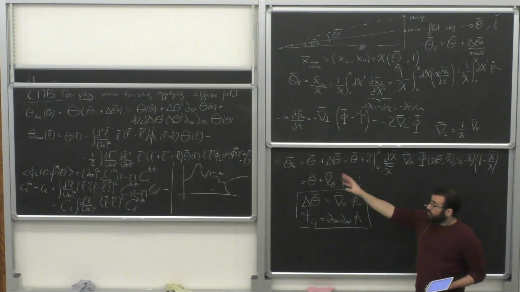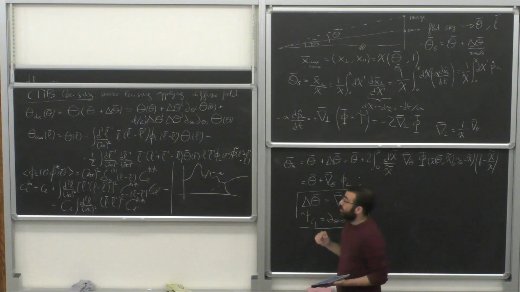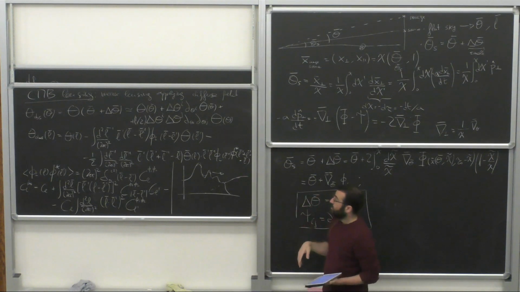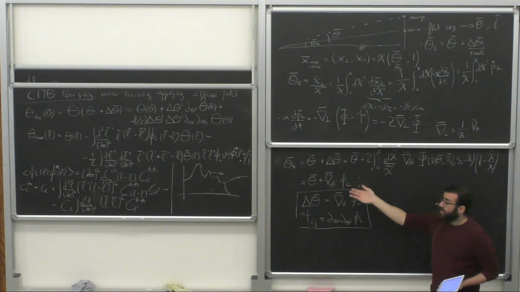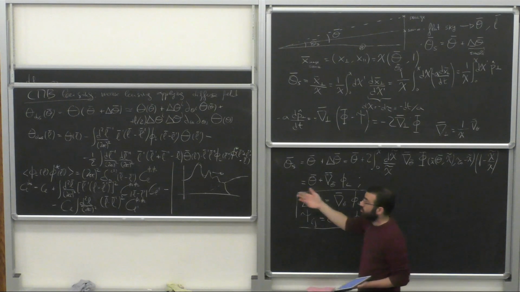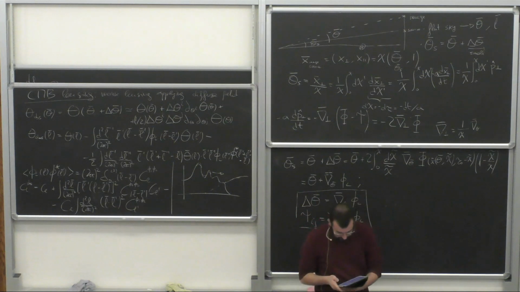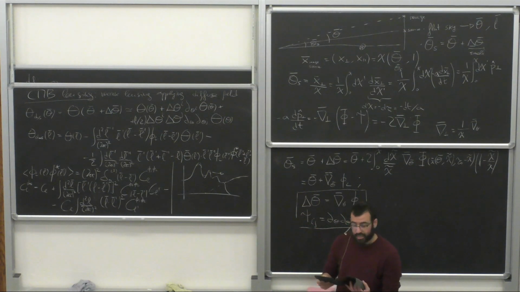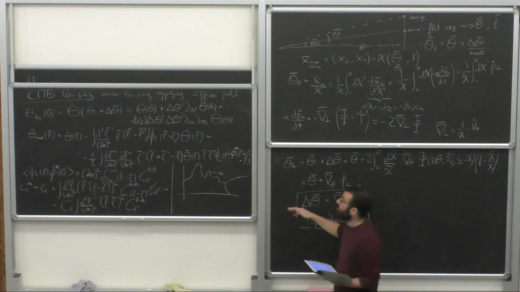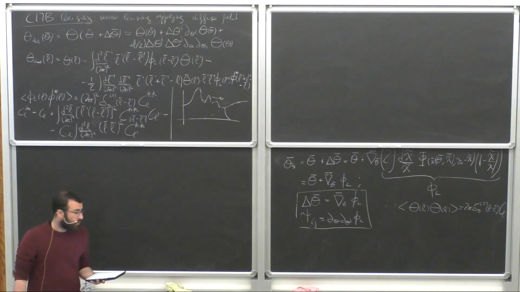So any B mode that we observe, if we only consider scalar perturbations, is going to be produced from this leakage. And this is why lensing is such an important contaminant in the quest to try to detect the primordial B modes in the CMB power spectrum. Okay, so I think that it's a good time to take a short break. After the break, we are going to cover how we can get directly the information about lensing from the CMB.